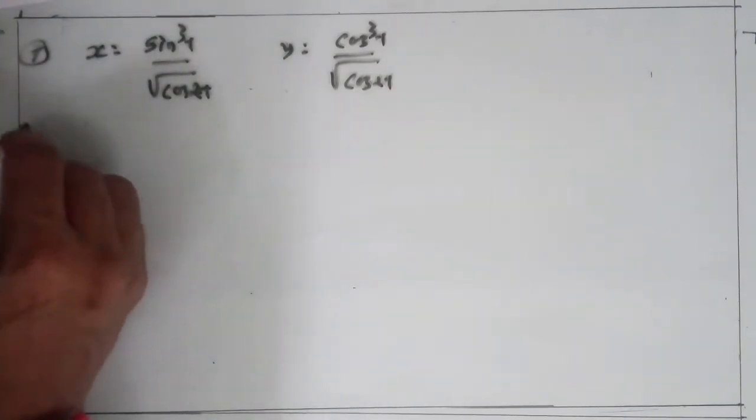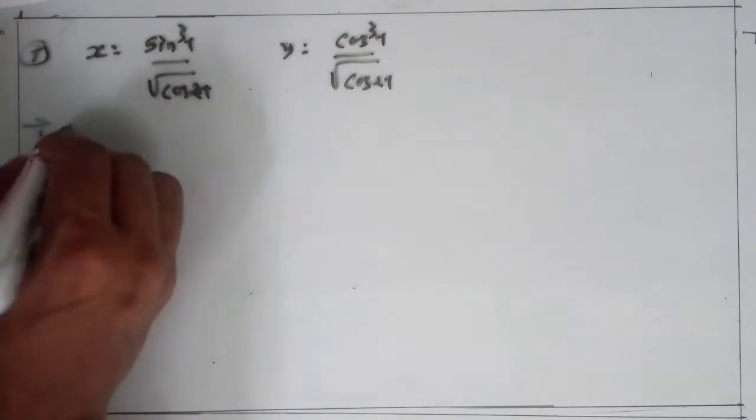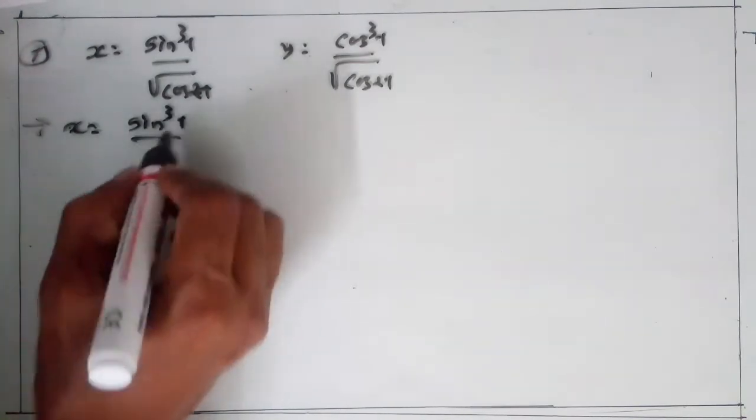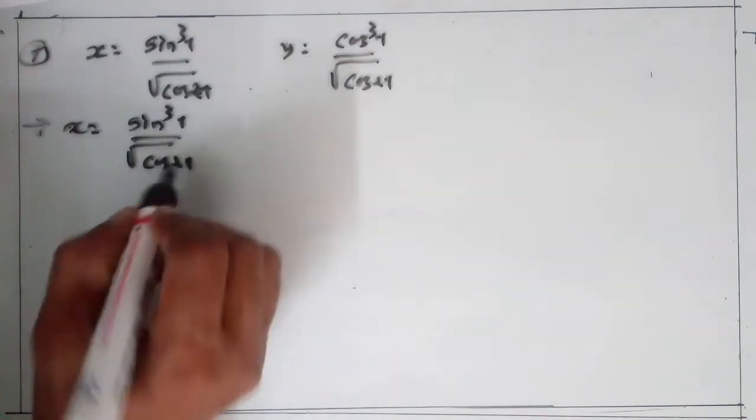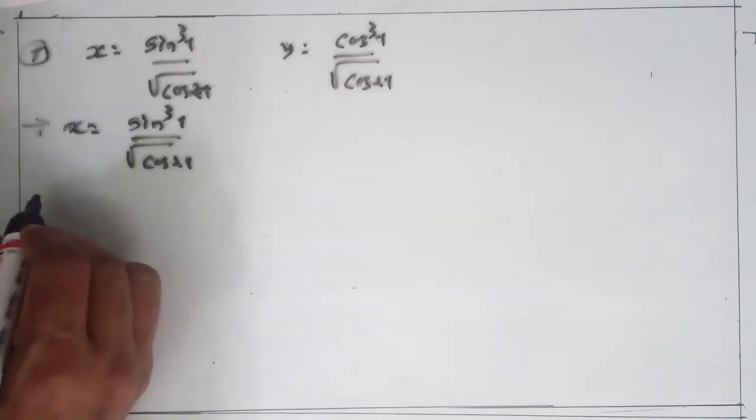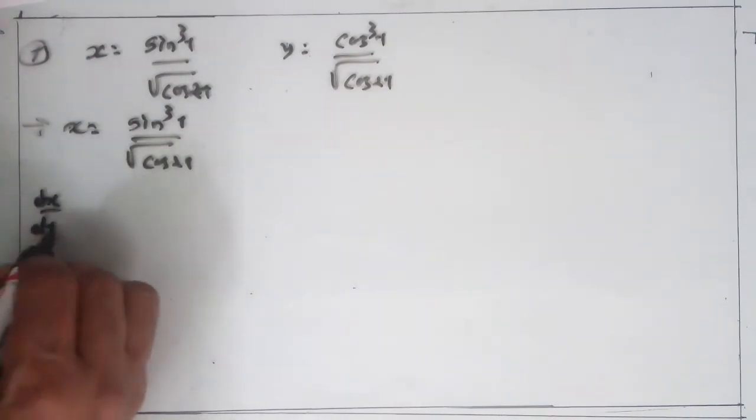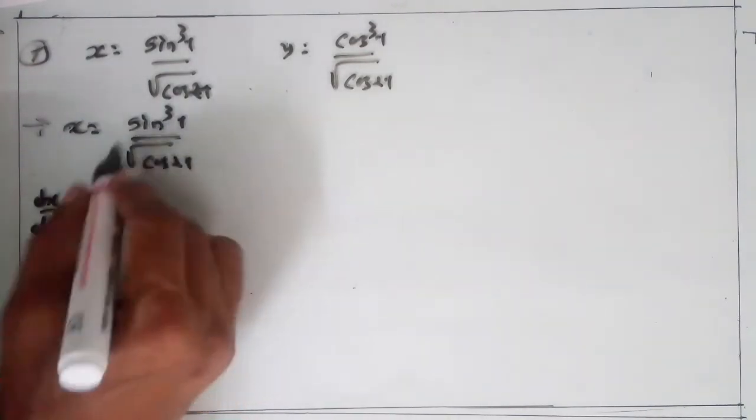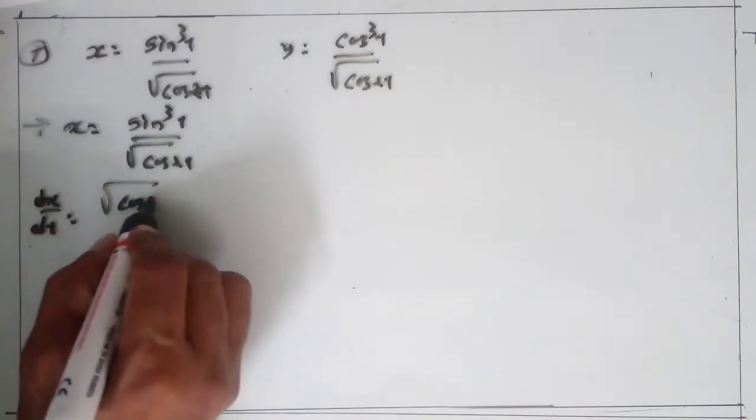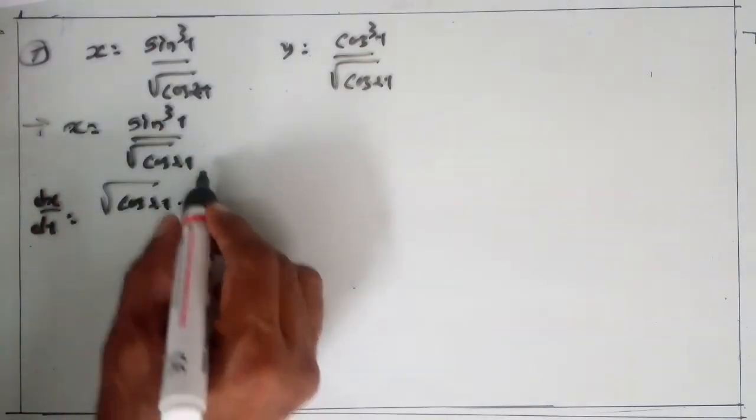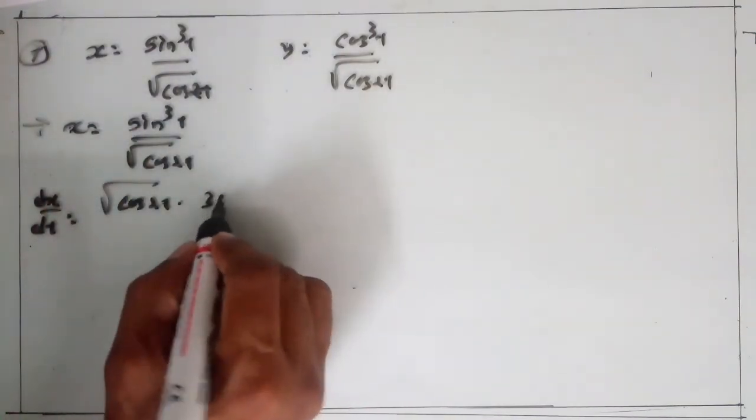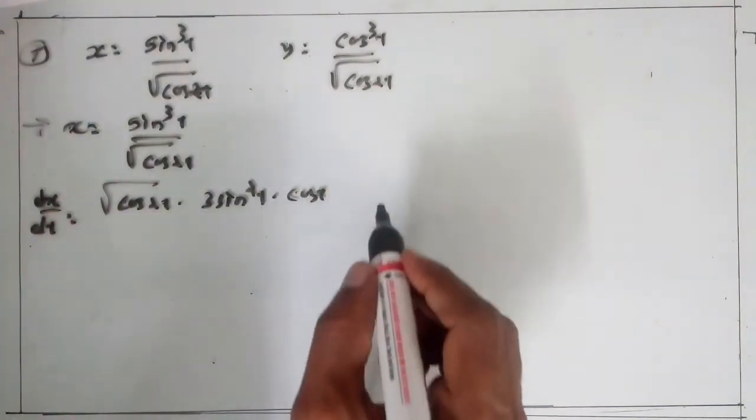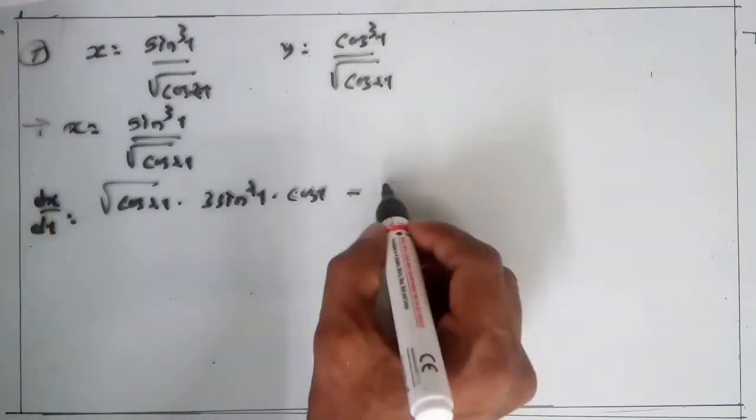Here first we get the derivative of x with respect to t. x is equal to sin cube t upon root of cos 2t, given. So differentiate with respect to t. dx/dt is the derivative of f(t) upon g(t). So g(t), that is root of cos 2t, into the derivative of f(t). The derivative of sin cube t is 3 sin square t into the derivative of sin t, which is cos t. Clear? Minus sin cube t